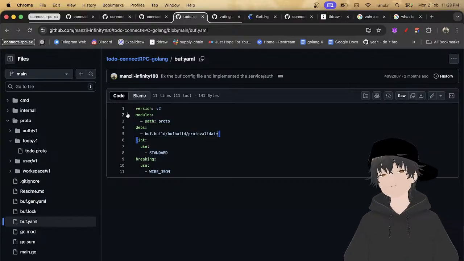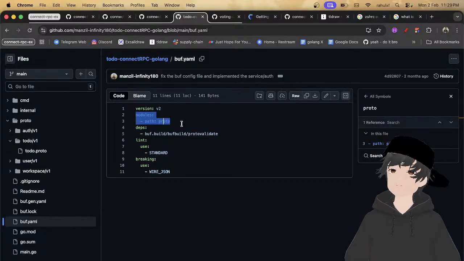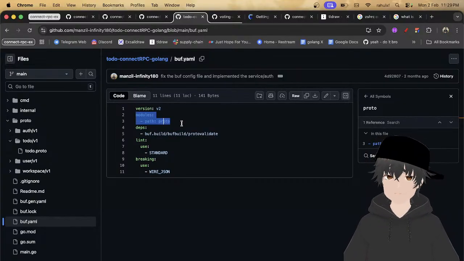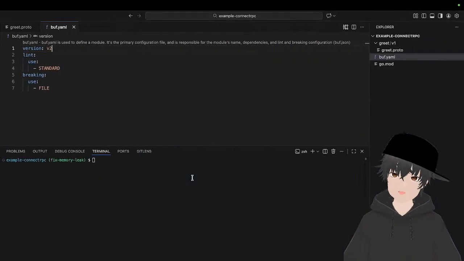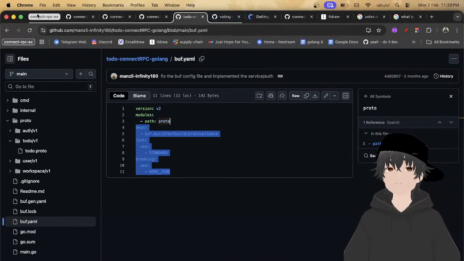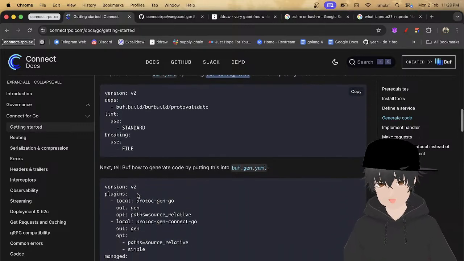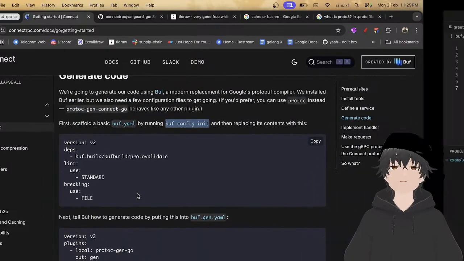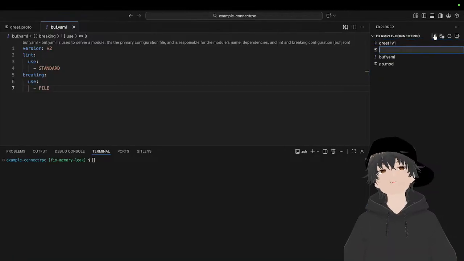So in this, the module is inside proto, that's why they typed modules, and then this will be in proto, and then this one is holding like that. Okay. After this, you need to do protogen. One more file you need is buf.gen.yaml.